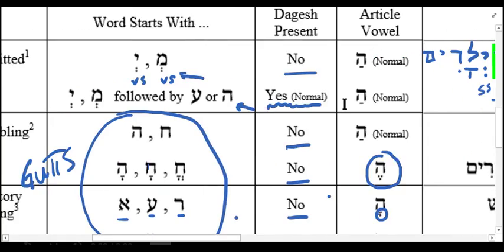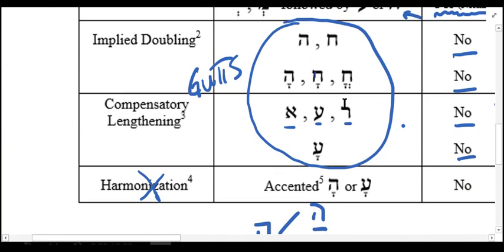Now, the last thing we see here on the chart is what's called harmonization. That is to say, vowel harmonization. And Ross deals with this in section 5 on page 65. I'll be honest with you, I wish that Ross had just made this a separate section and not made it number 5. Because what's going on here